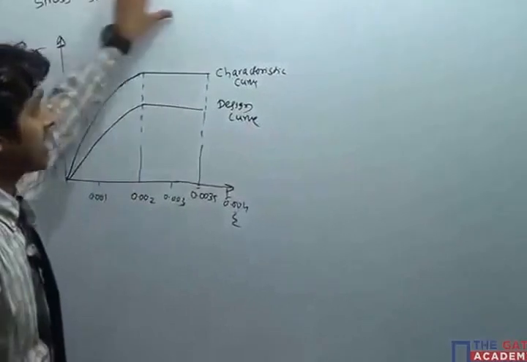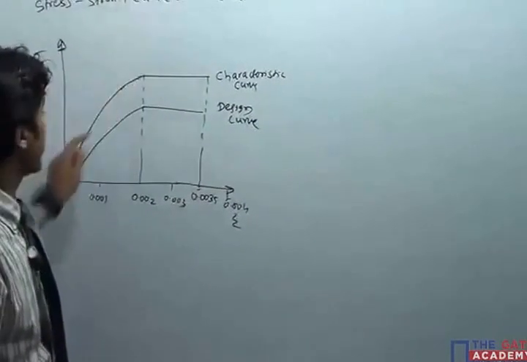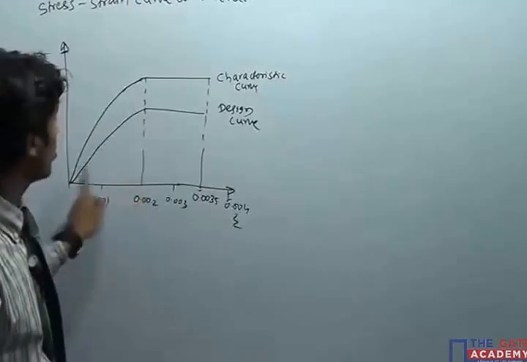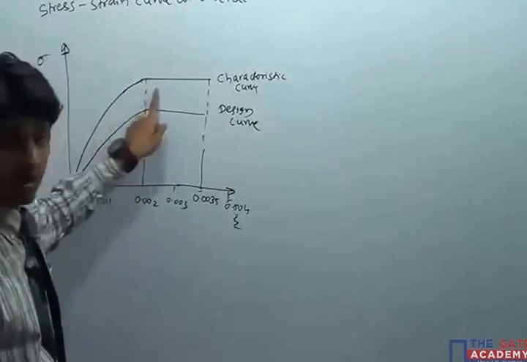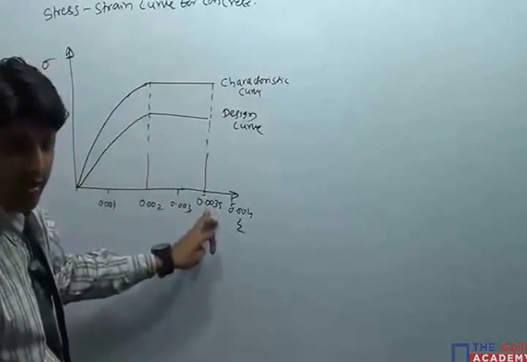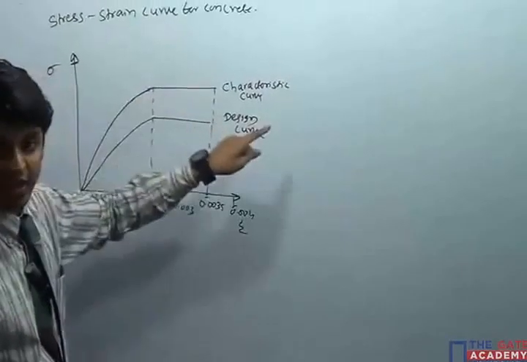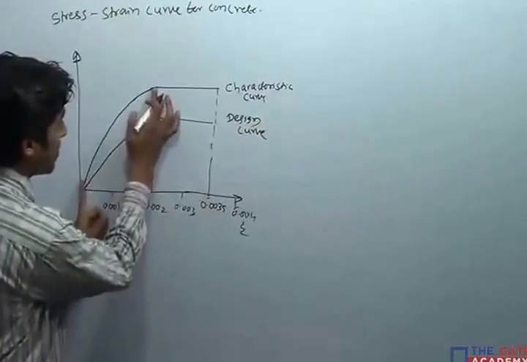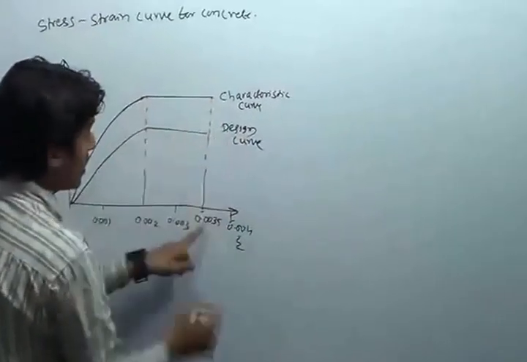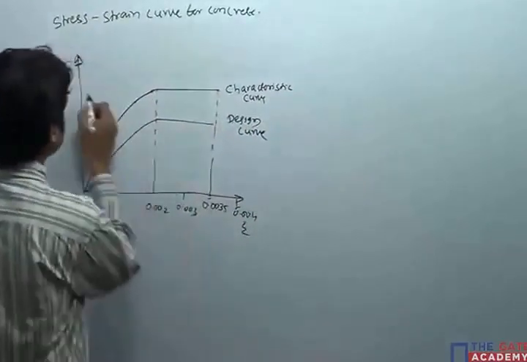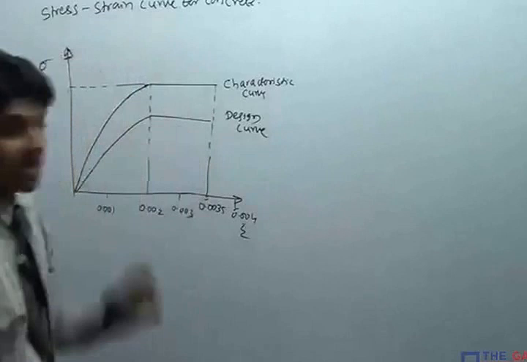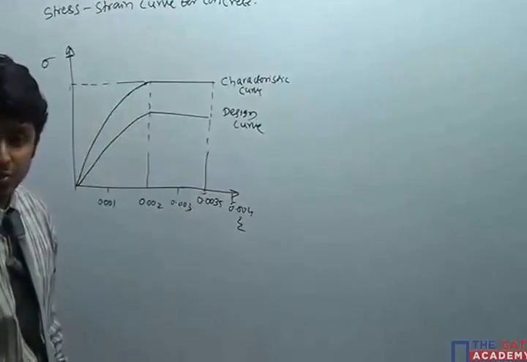If you draw the stress strain curve for concrete, initially up to a strain of 0.002 the curve is parabolic. After that, up to a strain of 0.0035, the curve is a straight line. Here, this portion of the curve is parabolic, whereas this portion is a straight line up to a strain of 0.0035. So, as I said yesterday, what will be the characteristic strength of the structural member when we are using it in the structure?